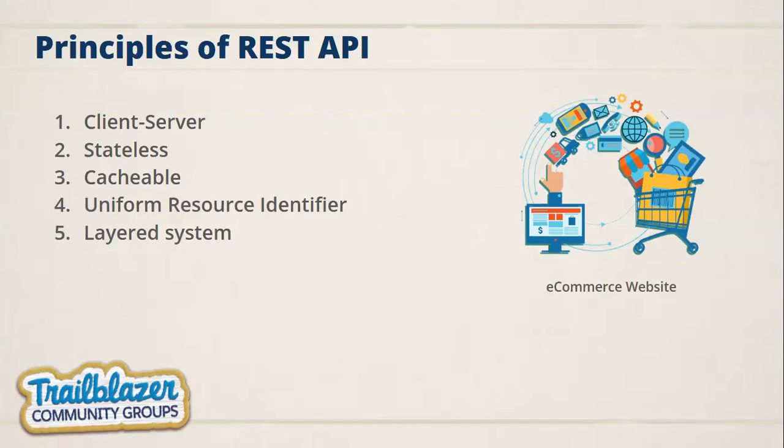Similarly, we have the uniform resource identifier. Everyone knows Amazon.com. They are not changing this URL, which is why every user comes back to the same URL. If they changed the URL, of course, the second time users would not understand where Amazon.com had gone. So it is always required that you fix your uniform resource identifier.